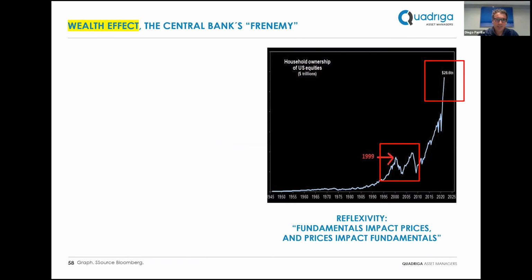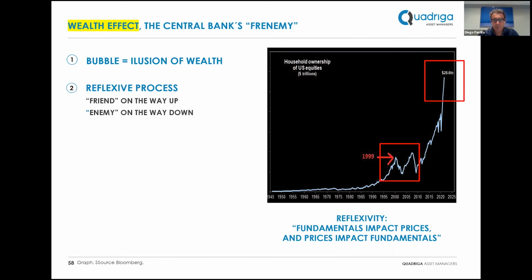Related to this, we see the wealth effect, what I call the central bank's frenemy, because at the end of the day, it has a big impact. These bubbles create the illusion of wealth. People do actually feel rich and they spend more money, incentivizing consumption, etc. The problem is these things are artificial, and when they reverse, the frenemy becomes an enemy, and this wealth effect actually creates